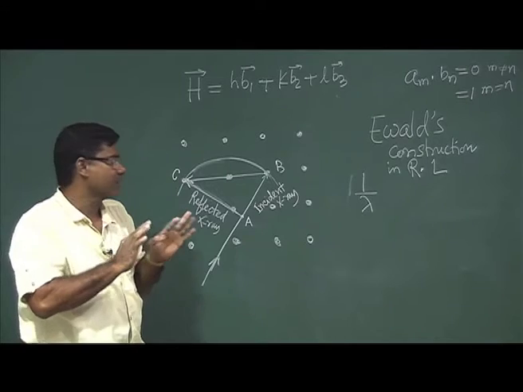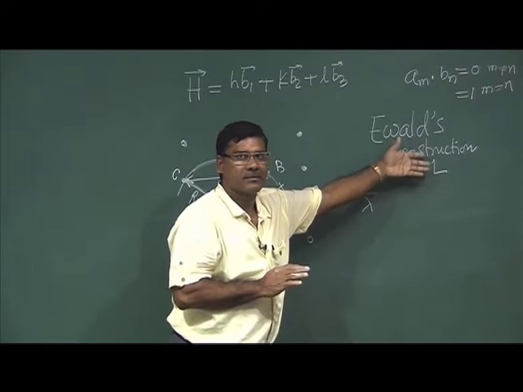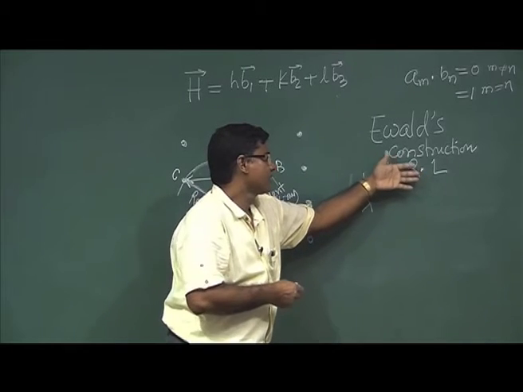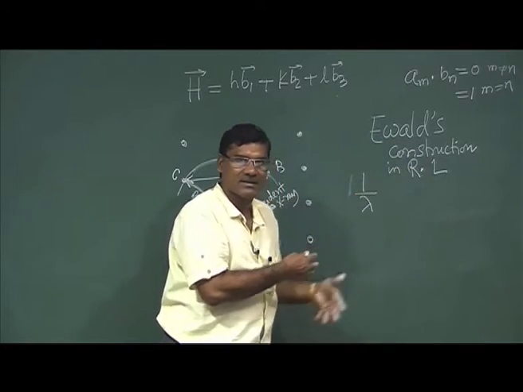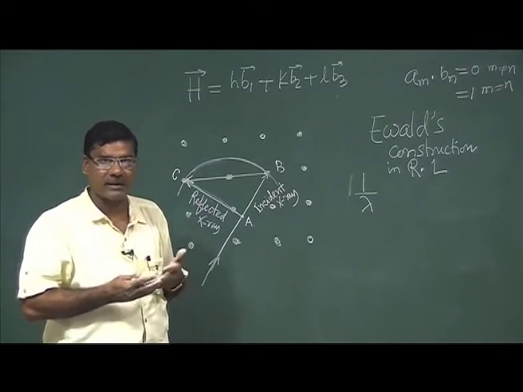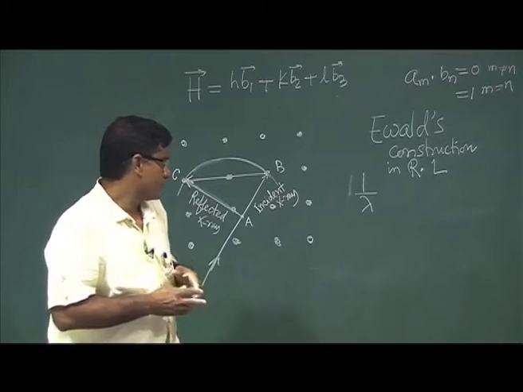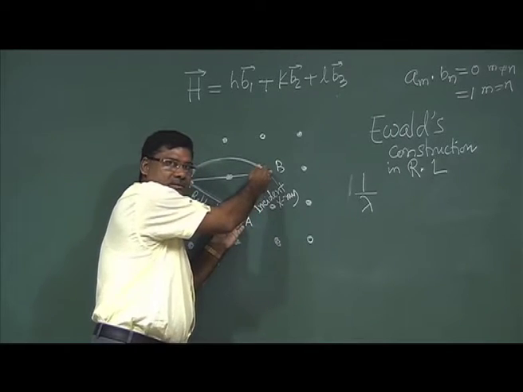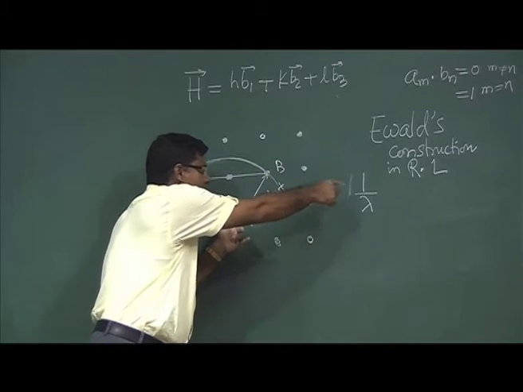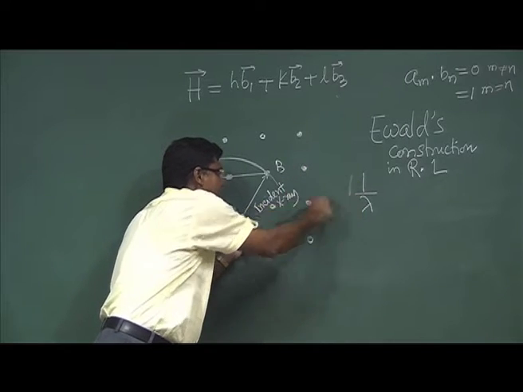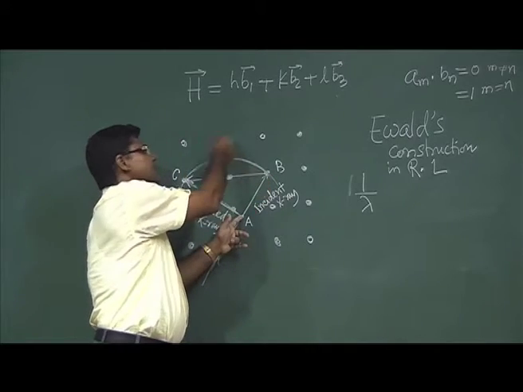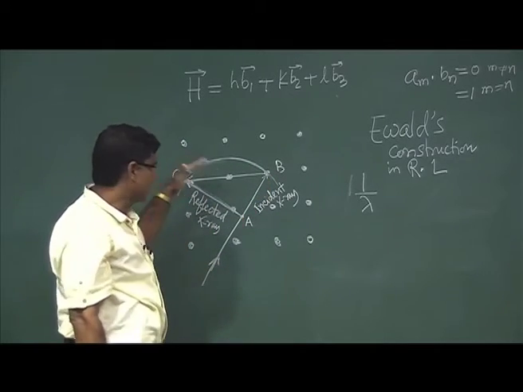So far, I am just following whatever Ewald told, following his construction. This is just a statement, there is no proof now. We have taken this magnitude, this length 1 by lambda, in the direction of the incident ray. Then with this radius, if I draw a sphere, it will intersect